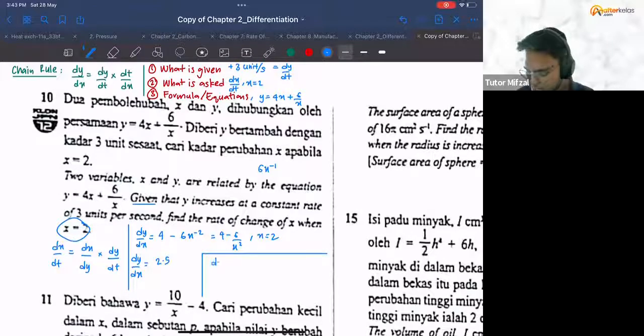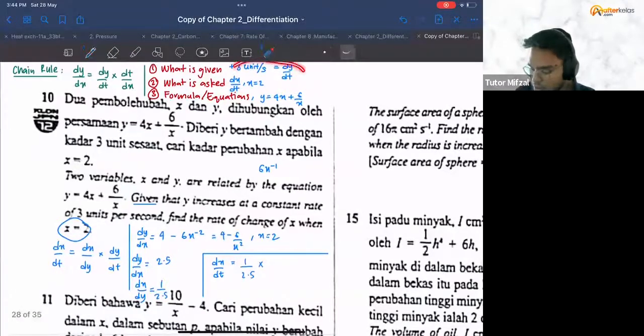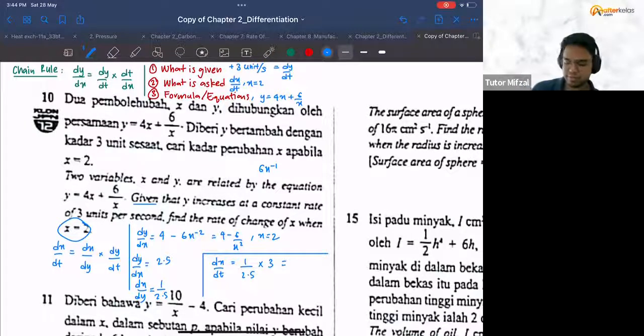Should get 2.5. And now what we can do is just substitute the values. So it asks for dx over dt, which is equivalent to dx over dy multiplied by dy over dt. Here we have dy over dx. We can flip the value. So dx over dy will just be 1 over 2.5. Just flip the value. 1 over 2.5 multiplied with dy over dt. So our dy over dt is positive 3. So 3 over 2.5, you should get 6 over 5, or you should get 1.2